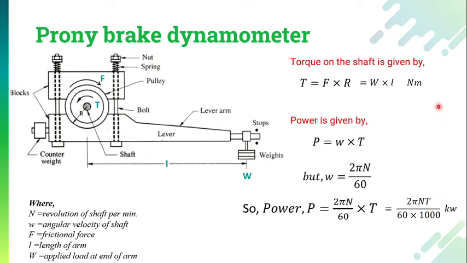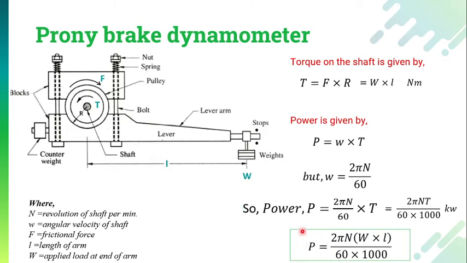Now from the above equation, we can identify that the torque can be easily measured using the reaction being developed over here, that is capital W, the weight used to balance this whole system, multiplied by the length of the lever. The length of the lever is known, and the weight that we have kept over here is also a known value. So we can replace this capital T with W into L. So the final equation that we are going to receive is 2 pi N W L divided by 60,000.